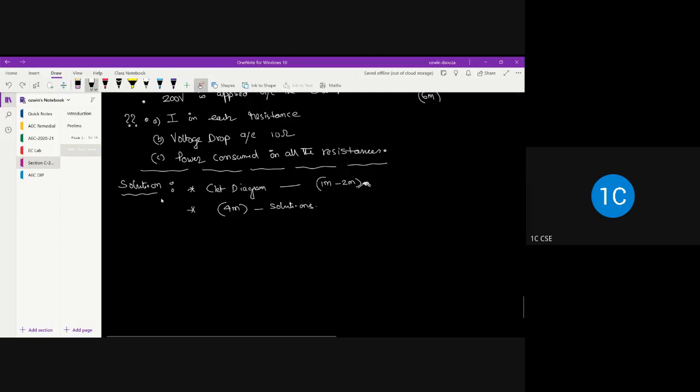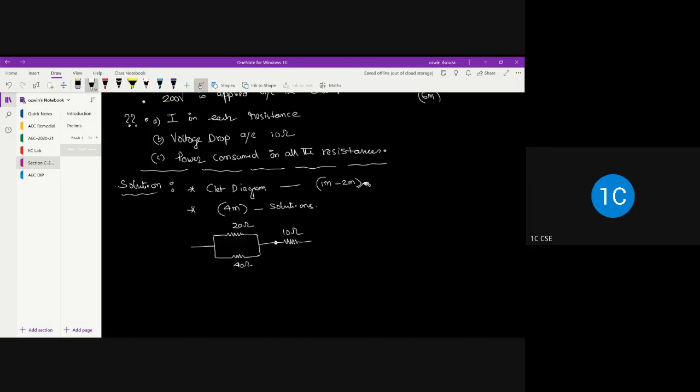My first objective is to frame the circuit diagram. Let me construct it. It says two resistors, 20 and 40 ohms, are connected in parallel. So I have two resistors, 20 ohm and 40 ohm, in parallel. A resistance of 10 ohm is connected in series with this combination. That means with this parallel combination, you have a third resistance of 10 ohm